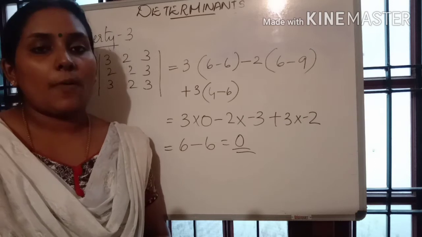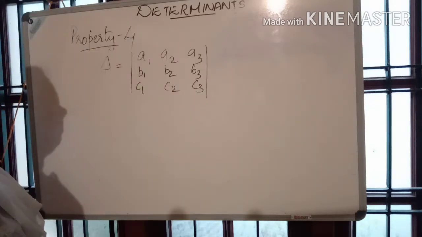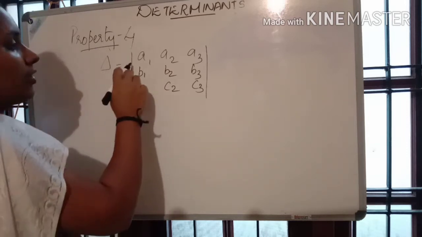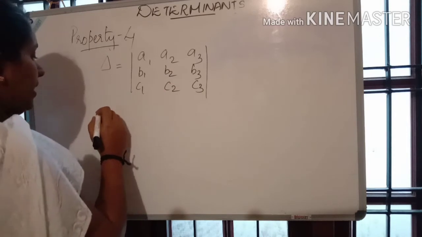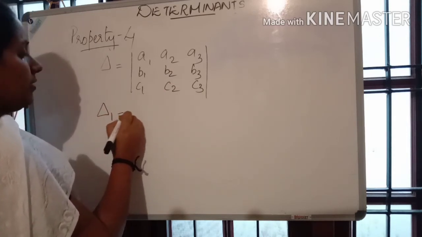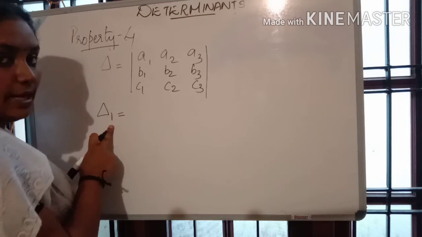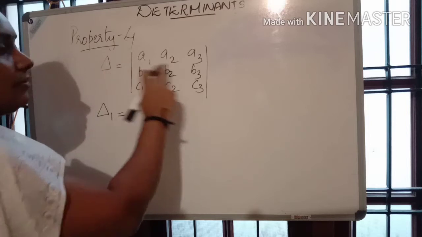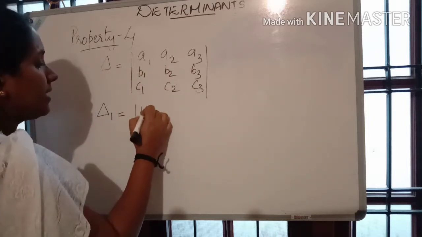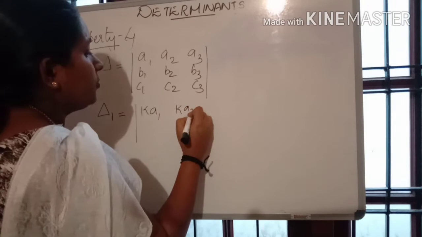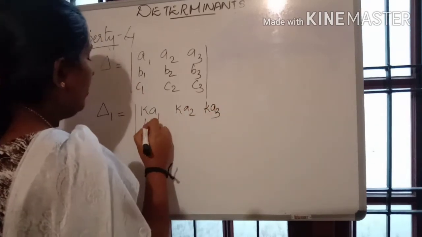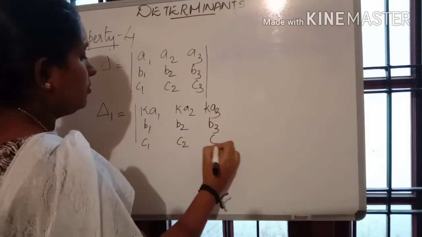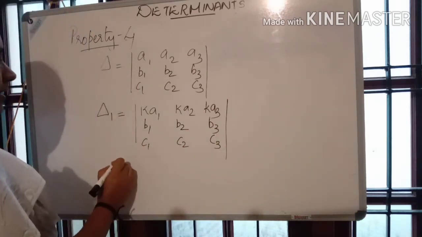Let us see property number 4. This is the first determinant. If row 1 is multiplied by k, we get delta 1, the determinant with the first row multiplied by k. We'll get KA1, KA2, KA3, with the same rows C1, C2, C3, and we'll get the determinant as